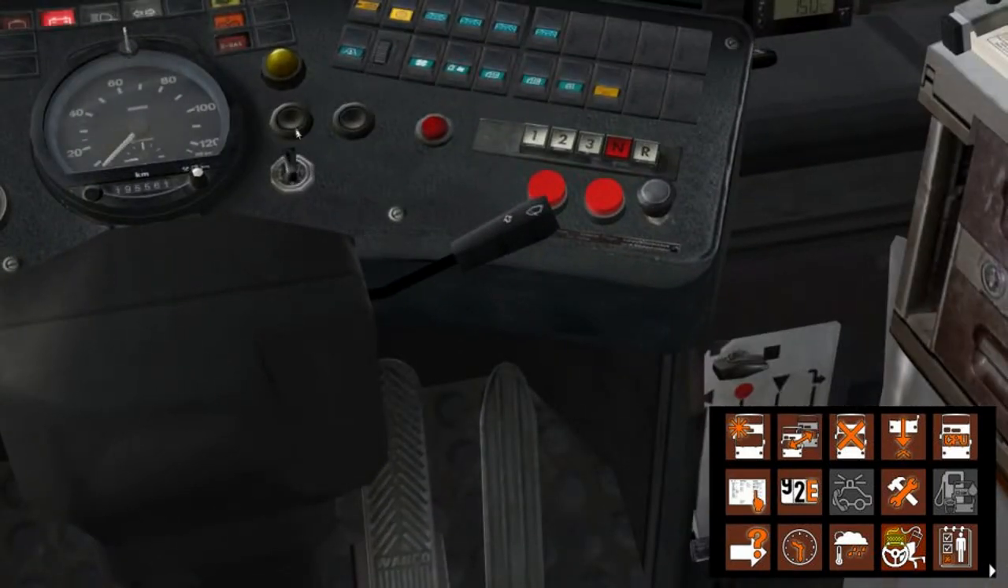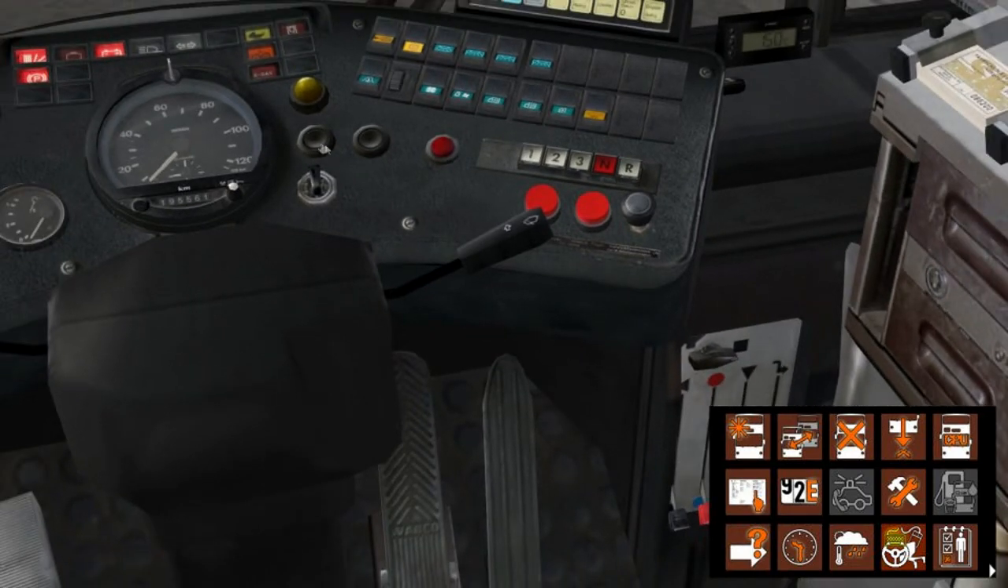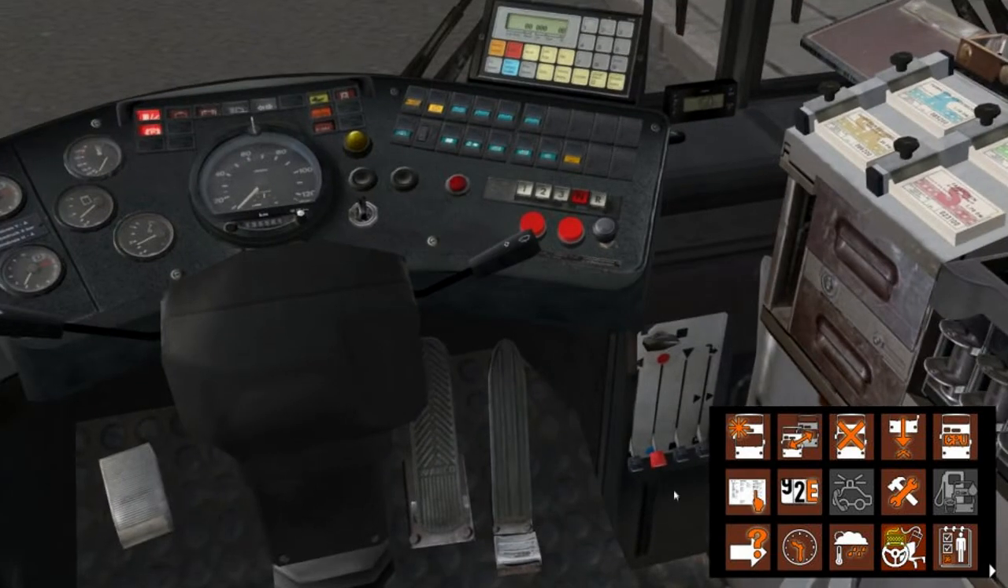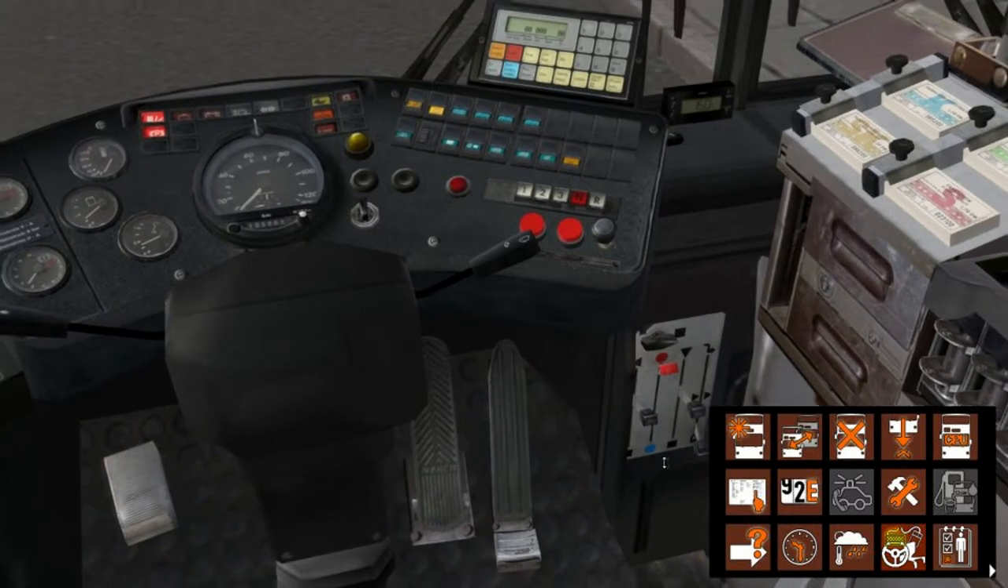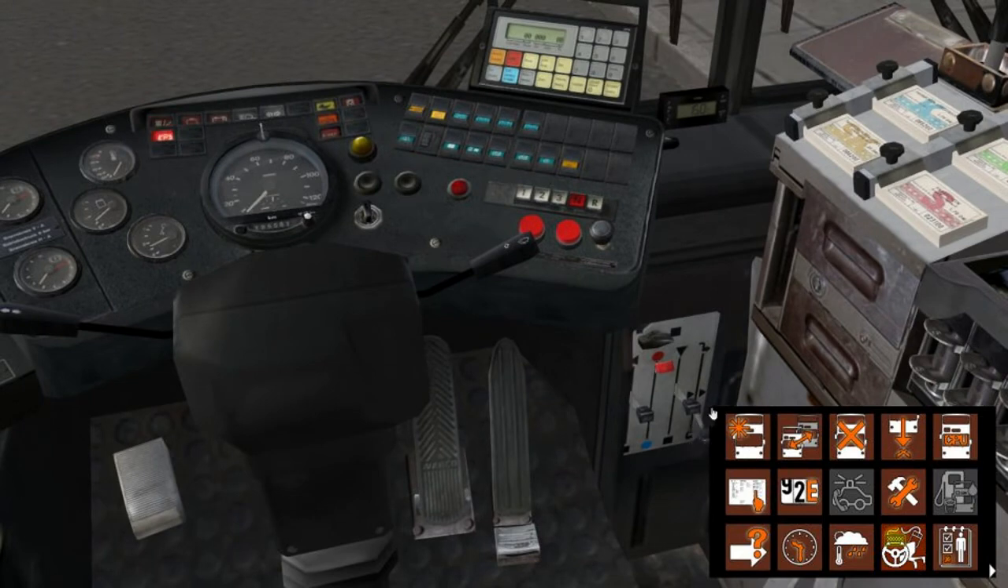Press down. Now this newer bus has the actual ignition as your battery switch. It doesn't have a separate button for the battery switch, and then you go ahead and do your heating as you would normally and all that stuff. As we wait for the air pressure to build up,